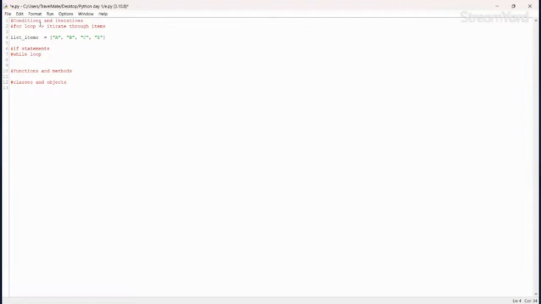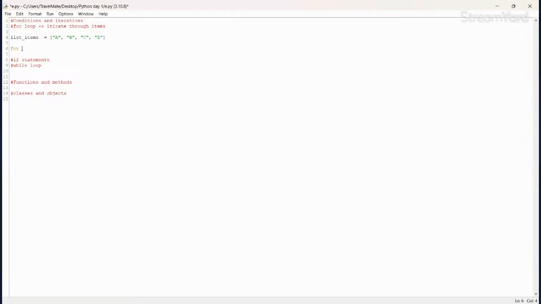Z. I've got a list of items, and this list can be extremely long. Let's say you've got hundreds and thousands of items in the list. Now I want to iterate, I want to go through this list. Let's say we've got a thousand items in this list. What we need to do is use something called a for loop, and go through each and every item within the list.